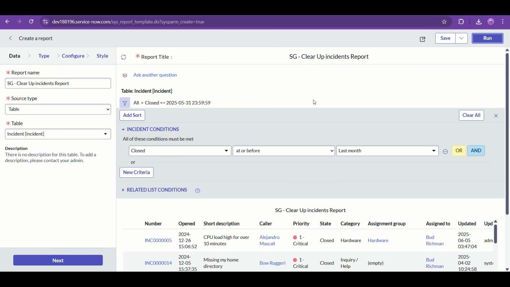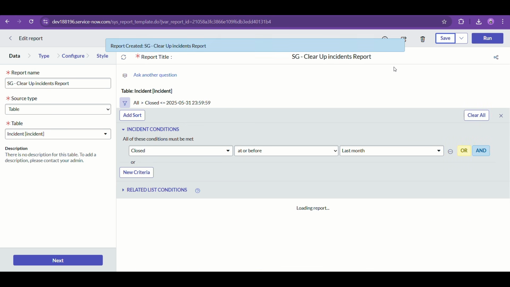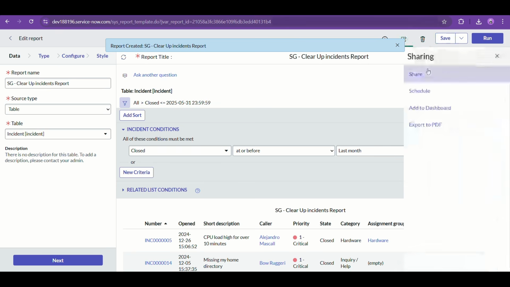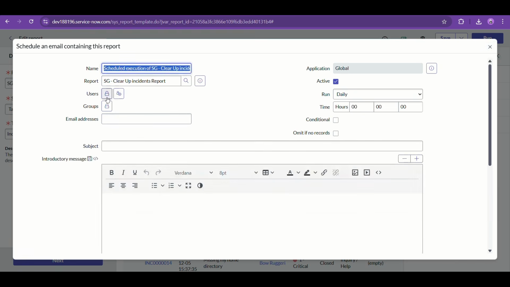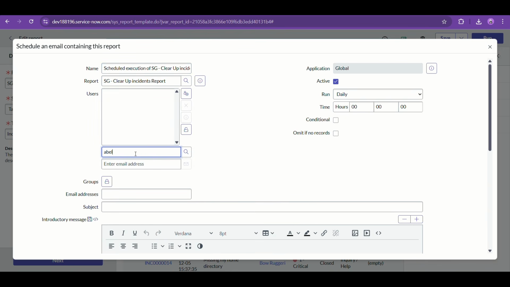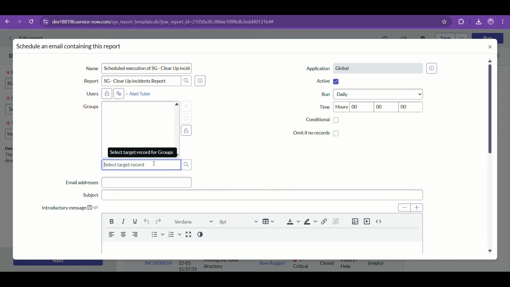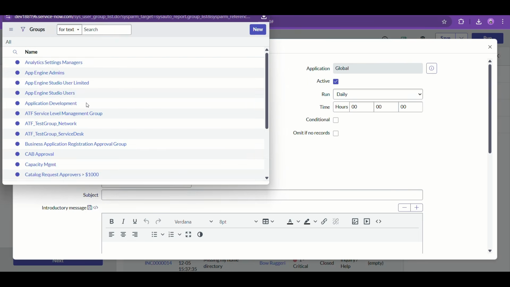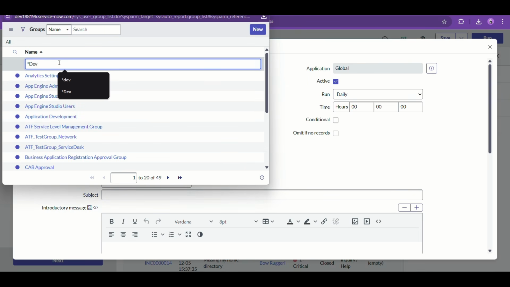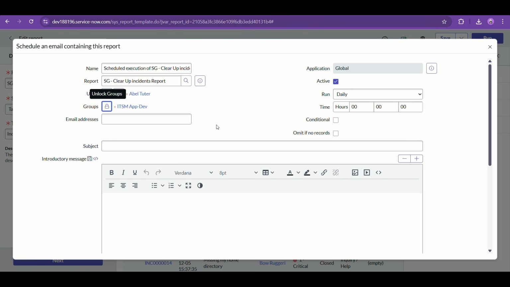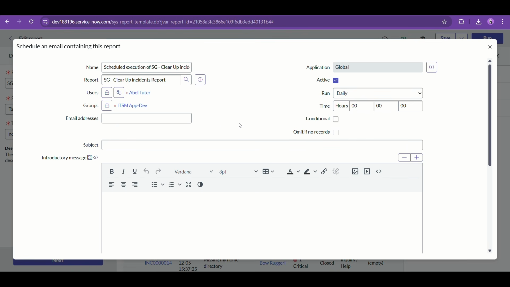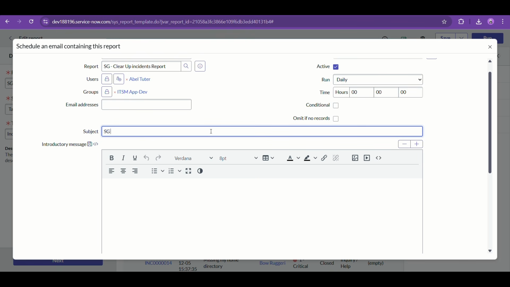So let's run it. You can see we have 17 records here, so I'm saving it. From here itself, I will be scheduling the report. You can see the schedule button here. For users, I'm adding Abel Tutor. Why? Because I know this person has an email and also has notifications enabled, so I don't really need to check anything. This is very easy and go-to for me. But when you are adding users in your PDI, you must take care that they have their emails and notifications enabled. Otherwise, even if you do this, the email will not trigger.